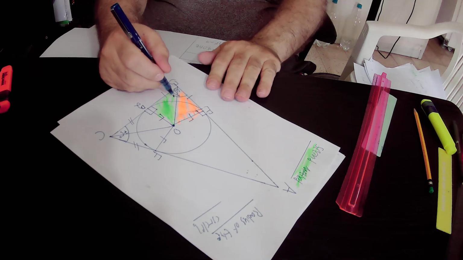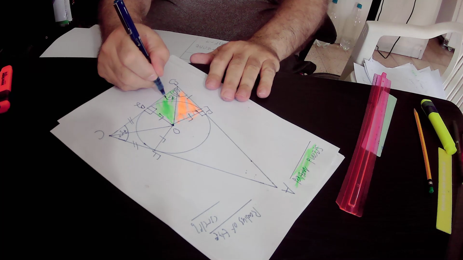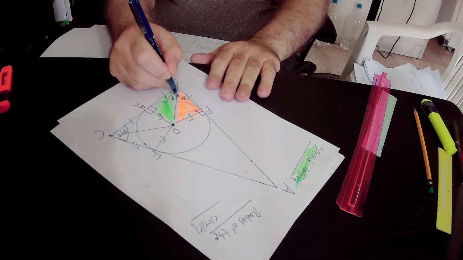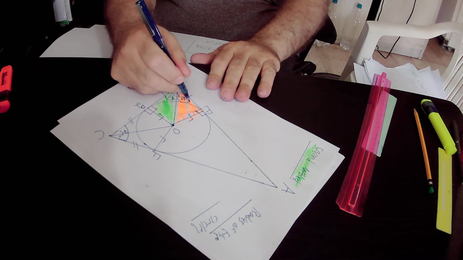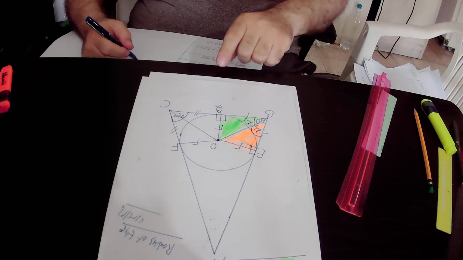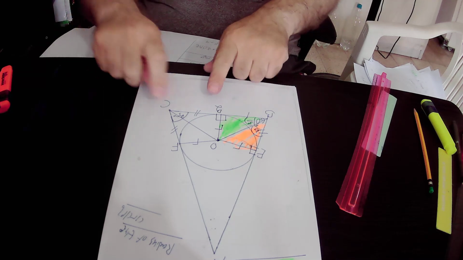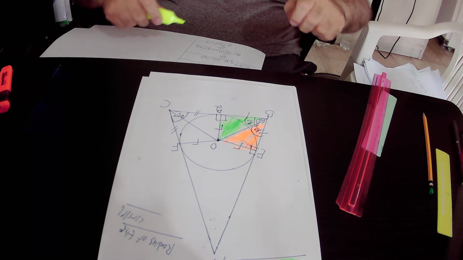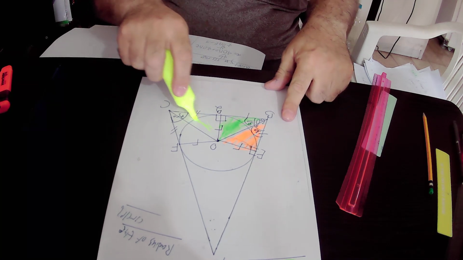So this is angle alpha, that is equal to 30 degrees. And this is also angle alpha, this is also equal to 30 degrees. In the next step, we repeat the same process on those two triangles. Actually, we prove that the yellow triangle DOC